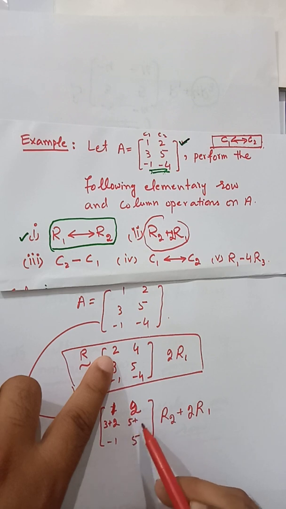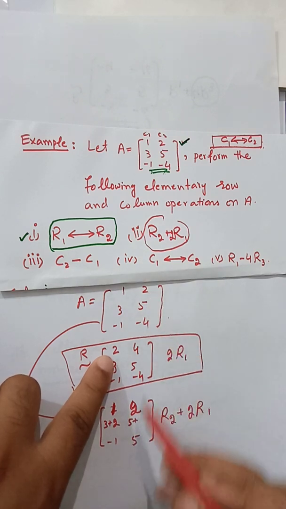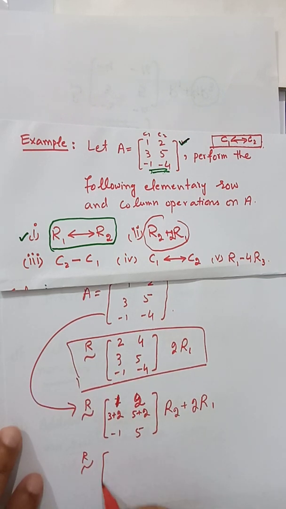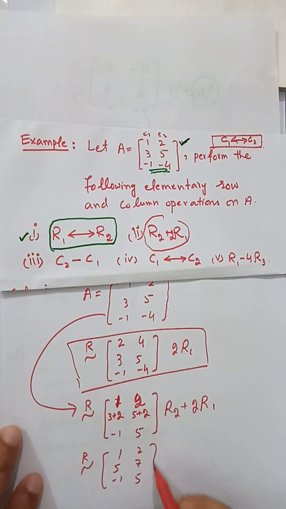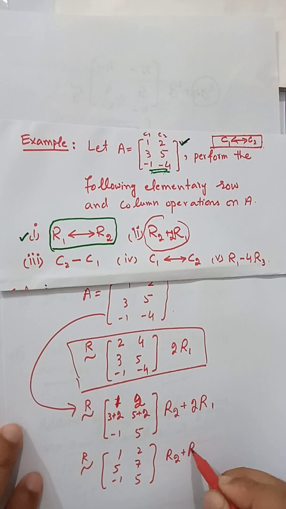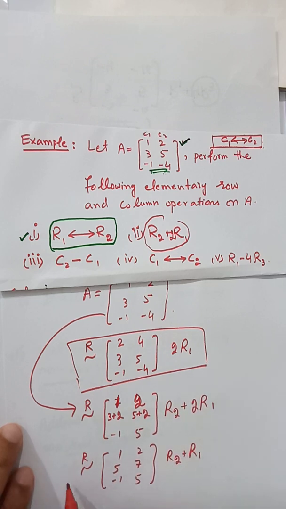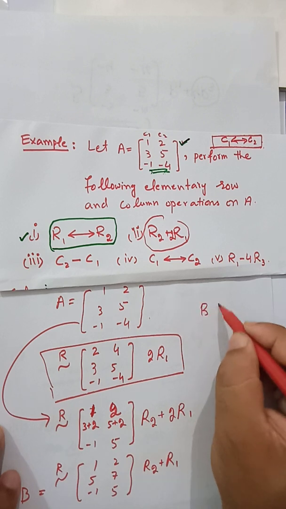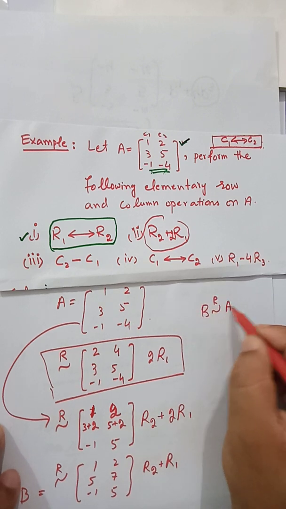So that matrix which you obtain, this is 1 2, 5 7, minus 1 5, is row equivalent to the original matrix. Let's say this matrix is named B, so this matrix B is row equivalent to matrix A,